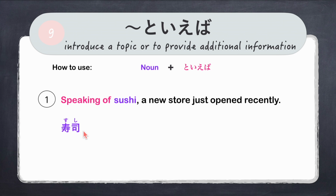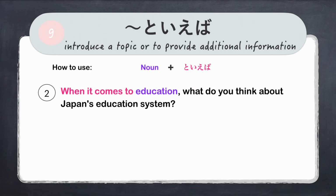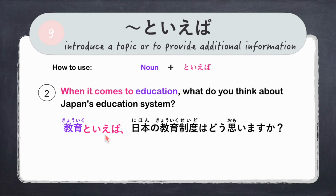We say, 寿司 plus といえば. Speaking of sushi, 最近新しい店が開店したんだ。寿司といえば最近新しい店が開店したんだ。 Another example. When it comes to education, what do you think about Japan's education system? We say education is 教育。教育といえば日本の教育制度はどう思いますか？